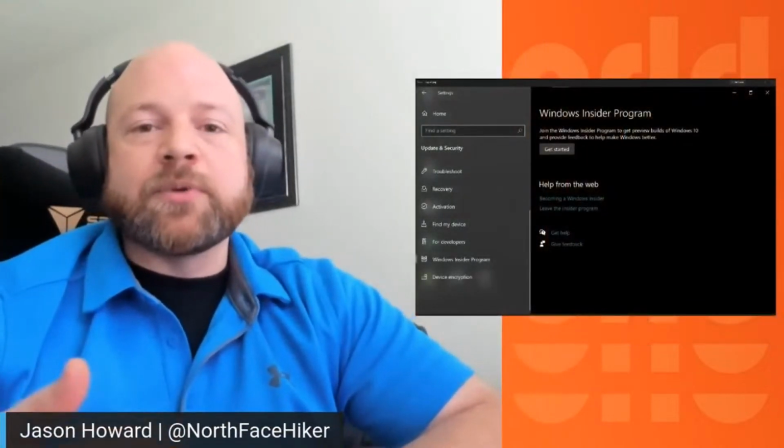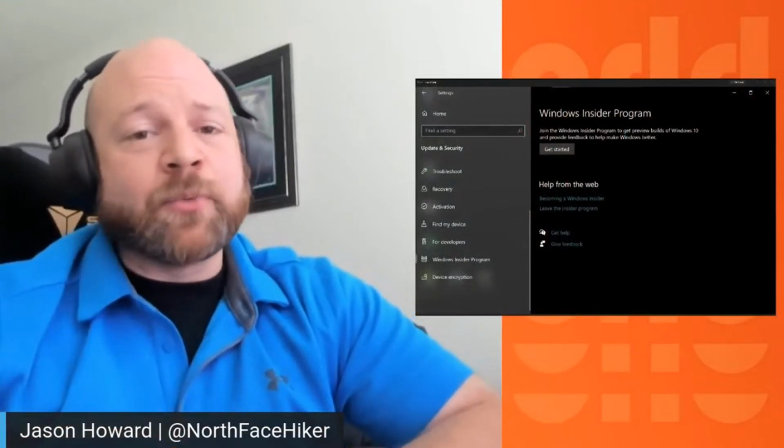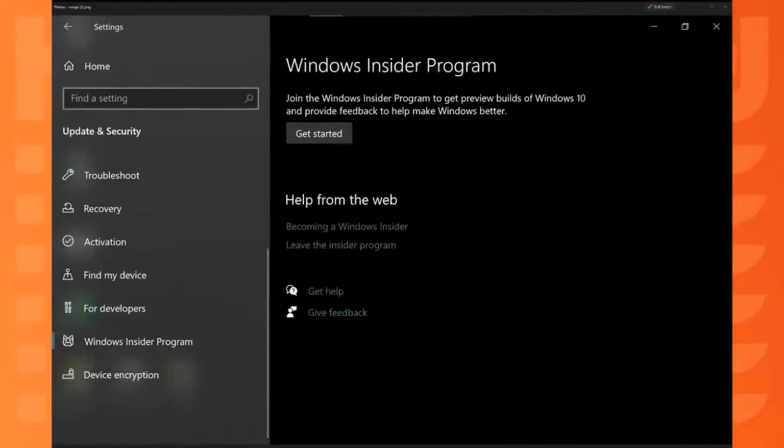Jumping into the program is super simple. You can visit the website. We don't need to know a special handshake or something to get in. No. If you want to learn as much as you can about the program, it'll be in the show notes, but insider.windows.com is the place to go and research. We have tons of information there. We also have some information out on docs. But you can actually join the program directly in your operating system. If you open the Settings app in Windows 10, go to Windows Update, and then navigate to the Windows Insider program, you'll see a Get Started button there.